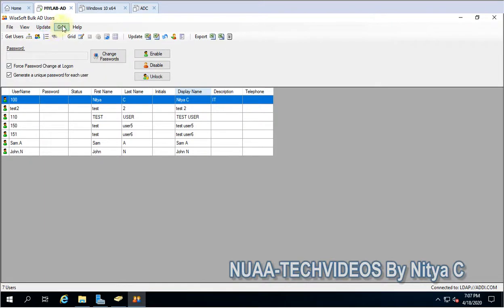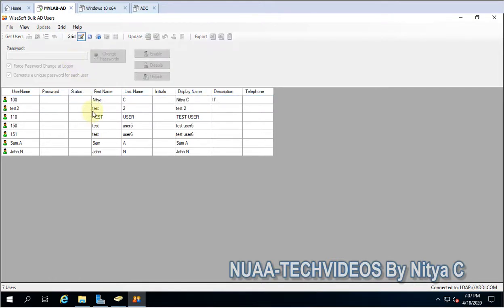You need to click on Grid and then Allow Modification. First you have to populate the list, and there are a couple of ways to fetch the list.